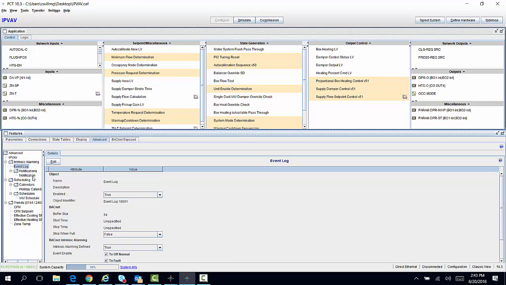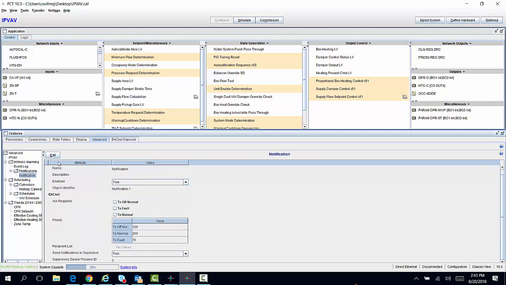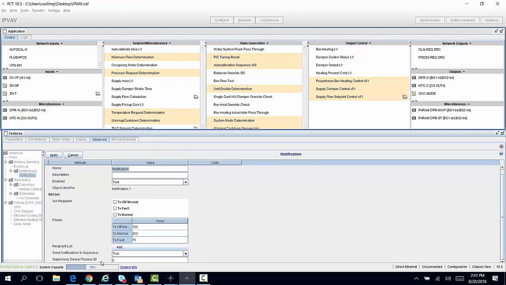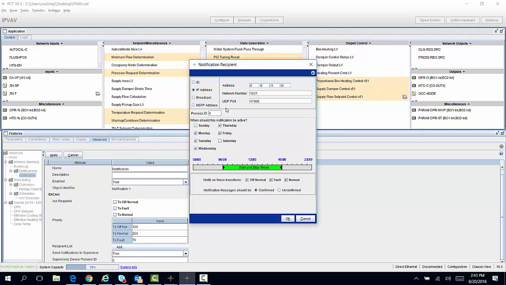Next, you can add a new notification or use the existing notification. So simply select the notification, select Edit. Notice that the supervisor device ID, process ID is 5. So I'm going to add a recipient, and using the process ID of the supervisor,